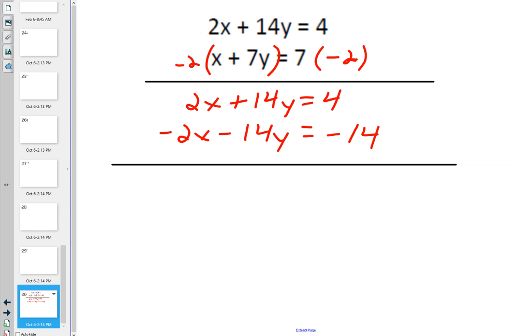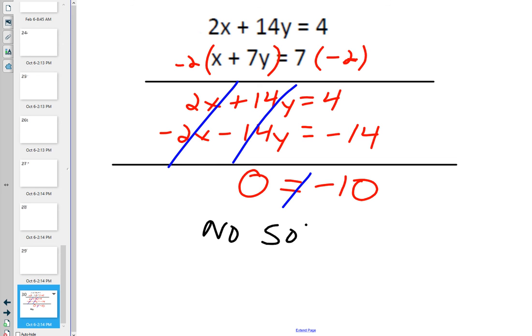So her intention was to get rid of the x's, but coincidentally, the y's cancel out too. So really, what are we left with on the left side? 0. What are we left with on the right side? Good. Is that a true statement? Is the number 0 the same as -10? No, it is not. So Sam is enjoying her Twizzlers now because